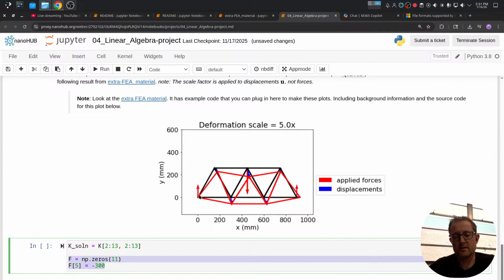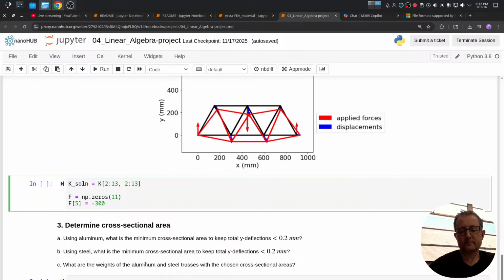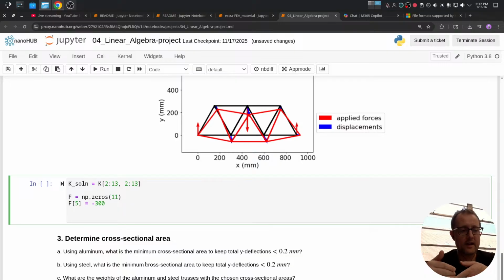So in this first case, it's xy of 1, xy of 2, xy of 3, xy of 4. So 0, 1, 2, 3, 4, 5, 6, 7. If you wanted to have this be the full thing, this would be number 7. In our case, since we're excluding that one, we start here and say 0, 1, 2, 3, 4, 5 for that downward applied force. So now I've got F, I've got K,